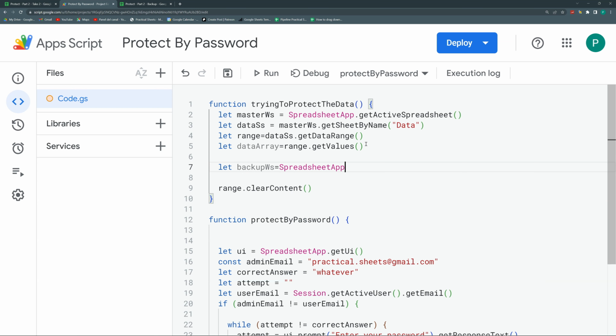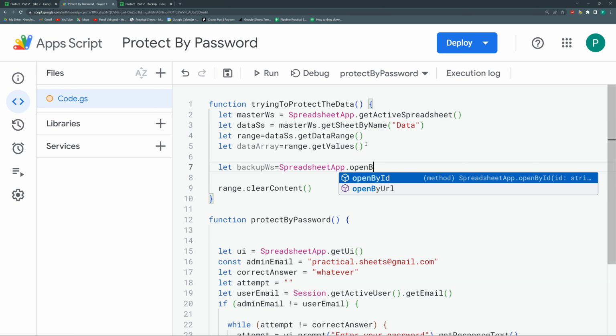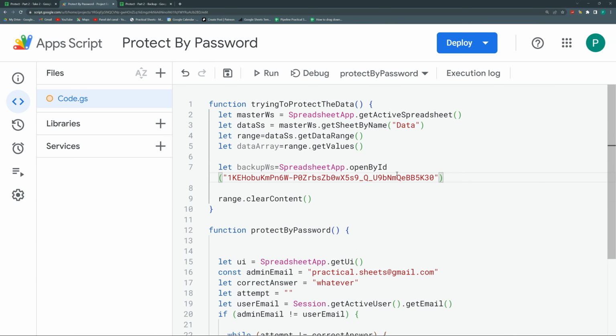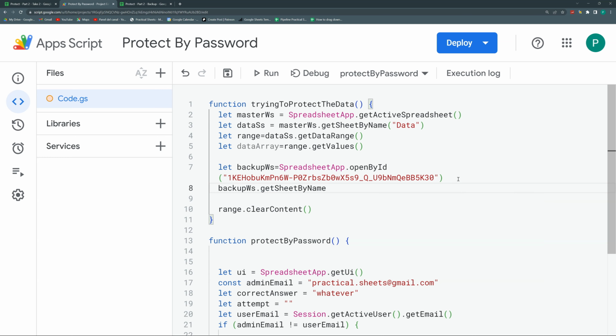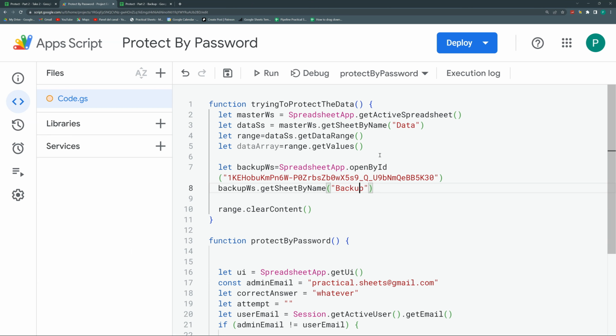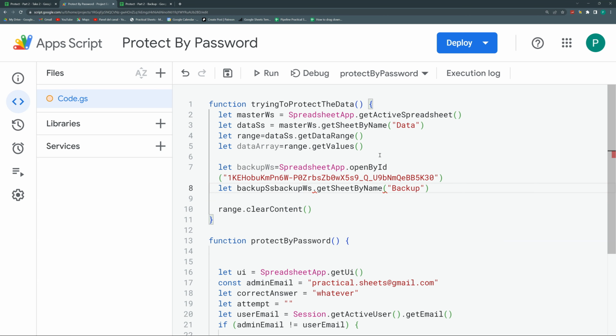It will be spreadsheet app dot, and I'm going to open by ID. So I go to my backup. I'm going to copy these numbers and letters. I'm going to paste it within quotation marks. I need a sheet, so I'm going to say get sheet by name, and in this case the name, I think it's backup. I'm going to call this backup sheet, backup spreadsheet,